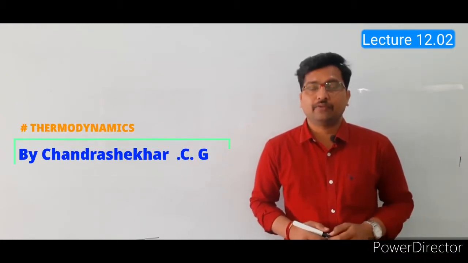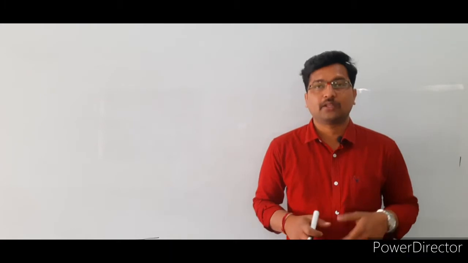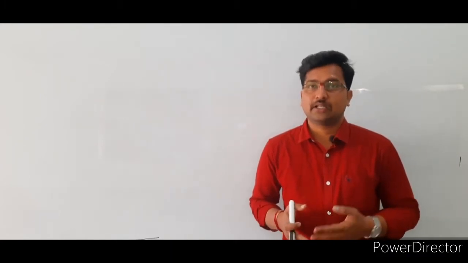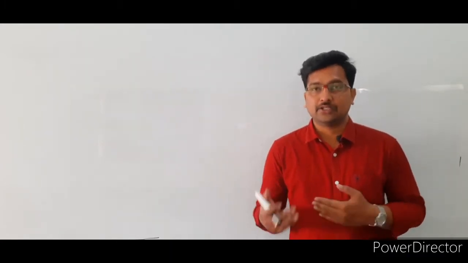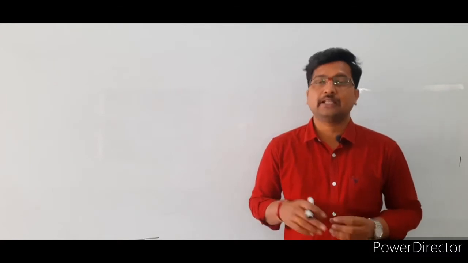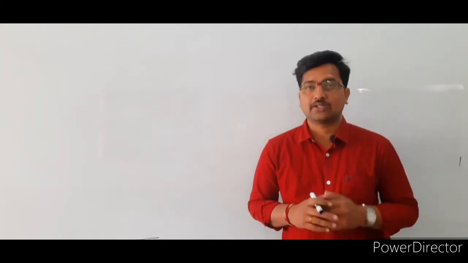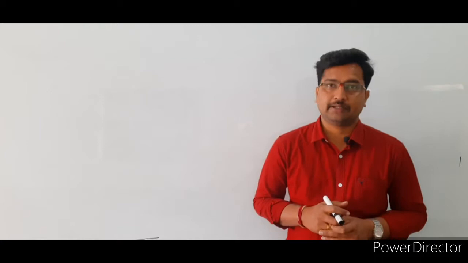In the previous video, we have discussed the concept of thermodynamics, the thermodynamic system, types of thermodynamic system, thermodynamic variables, and thermal equilibrium. After that, the zeroth law, the first law, and applications of the first law of thermodynamics. Then what is the statement of the zeroth law? If two systems A and B are separately in thermal equilibrium with a third system C, then systems A and B are also in thermal equilibrium. So this is the zeroth law statement, right?